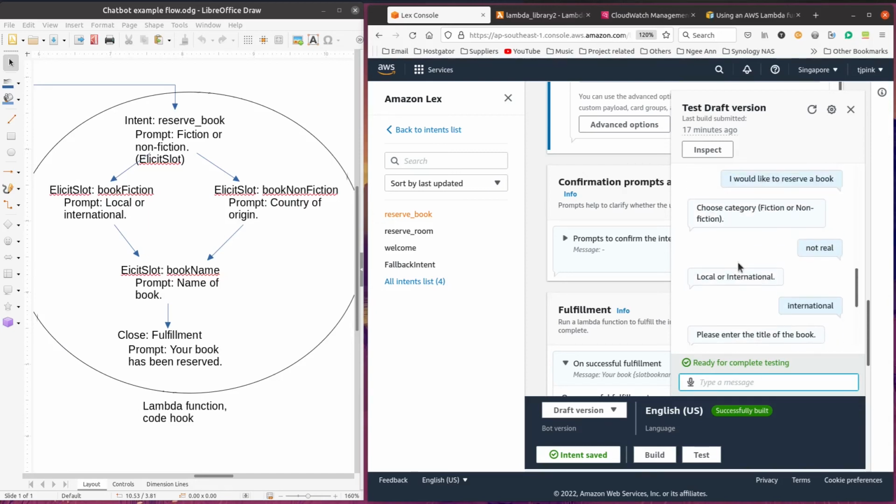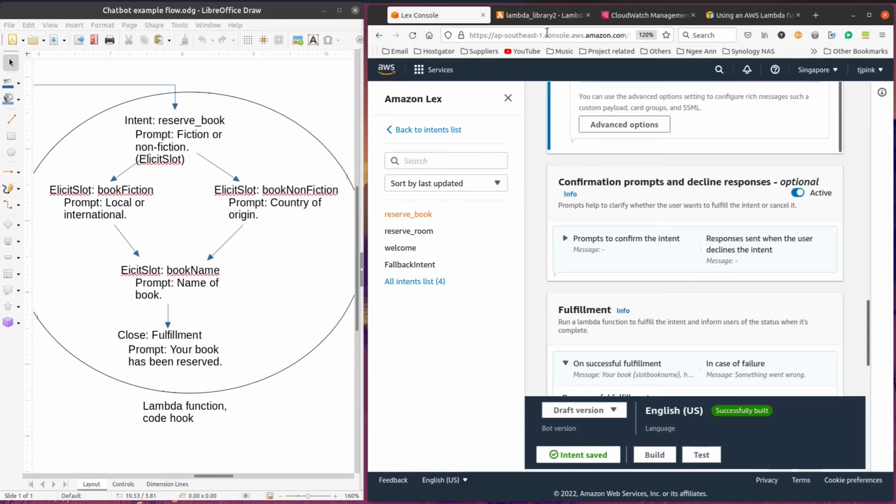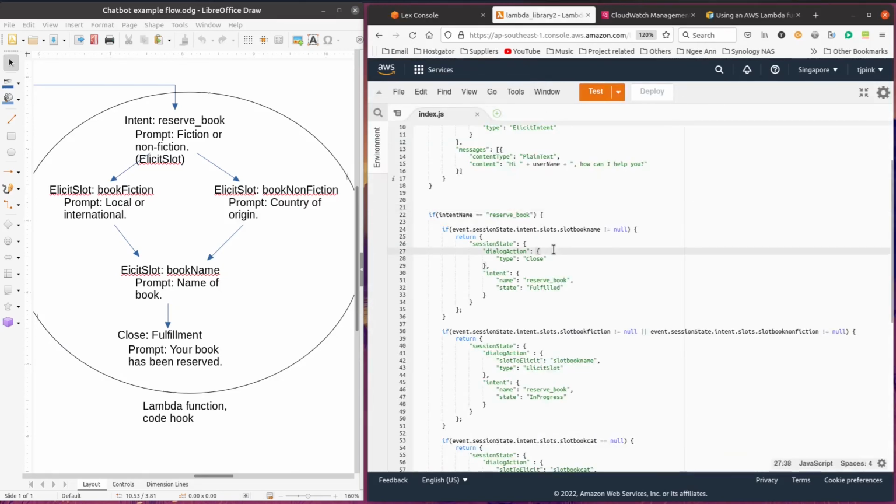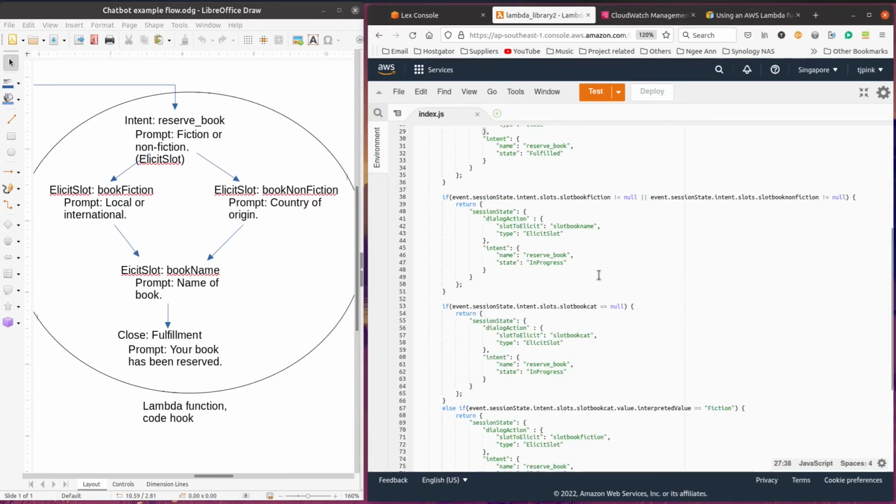Okay, you notice that over here for choosing the category, although the user can enter not real, real, any kind of utterance, we can also insert buttons so that the user can click and the interpreted value would be only one type. Okay, so how do we do that? We go back to the Lambda again. So this will be under the category slot,